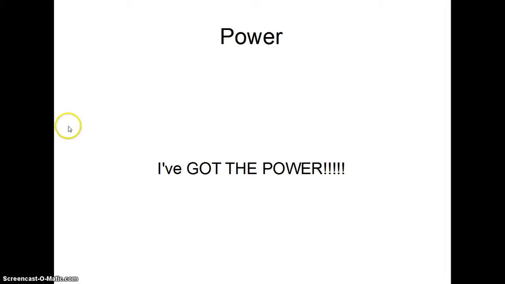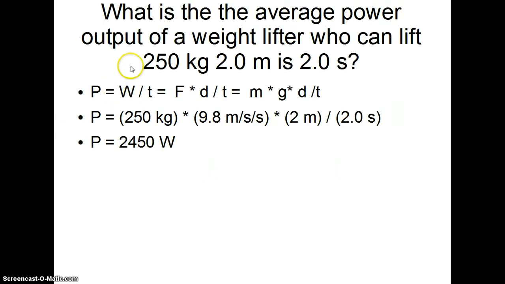Hello everyone. In this video I wanted to go over a couple of power problems where the information wouldn't be so straightforward. You would have to manipulate a few things first before you could actually find what the answer is. So the first problem is, what is the average power output of a weightlifter who can lift 250 kilograms, 2 meters, in